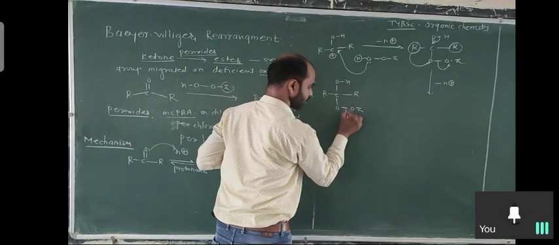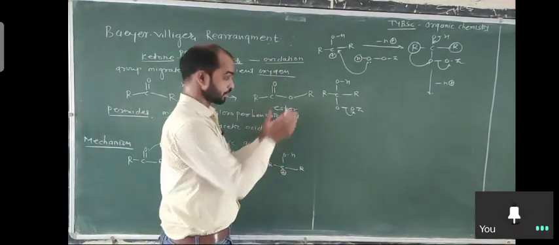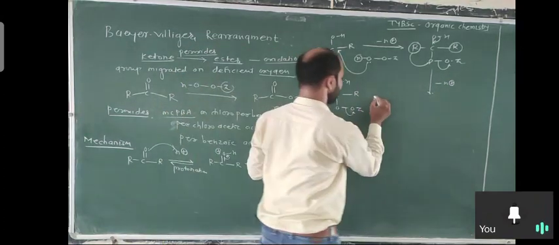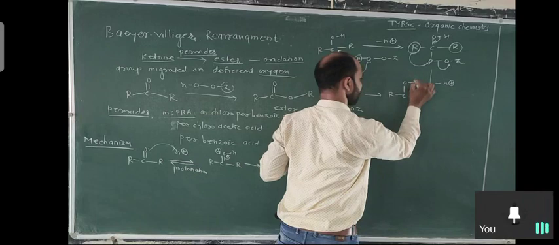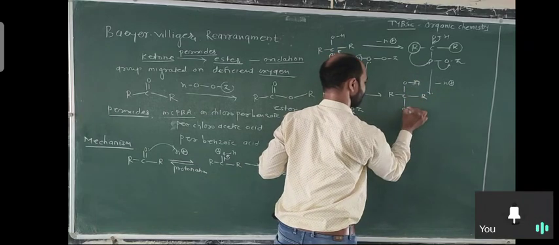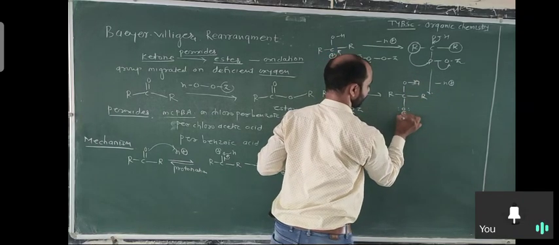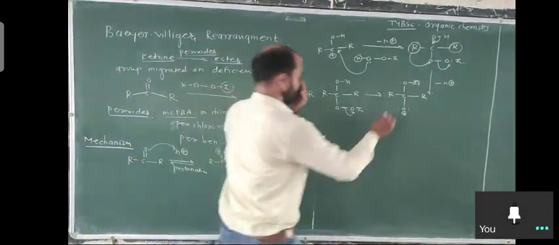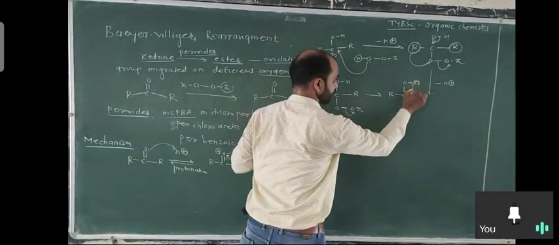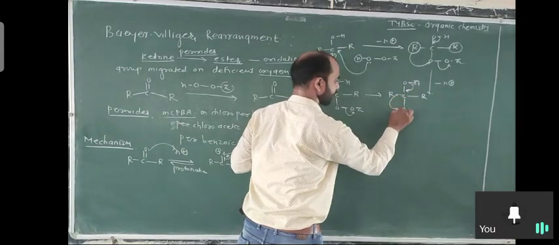So what happened? First of all, the leaving group is lost. It is a good leaving group. So we converted this into R-C-O-R, sorry, OH. Here is an oxygen containing a lone pair and there is a positive charge because the bond is broken. That's why here is a deficient oxygen.